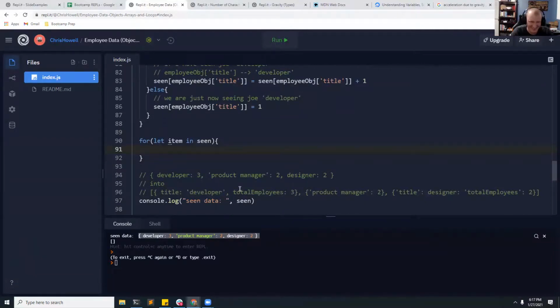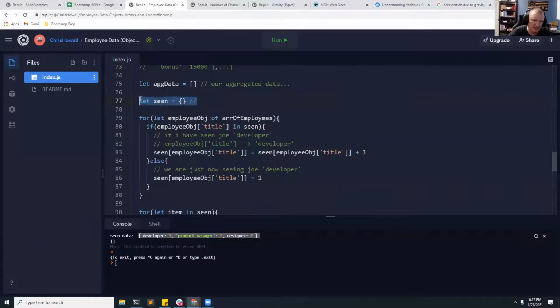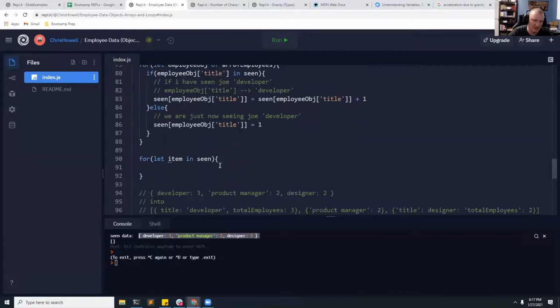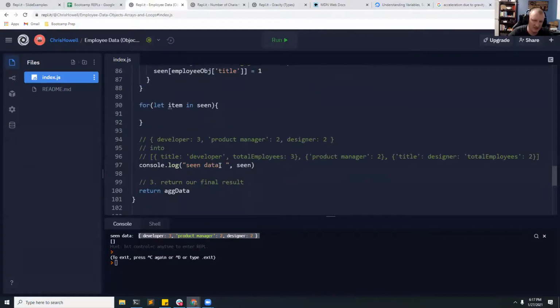So just like I created this object and had to store it outside, I shouldn't have to do the same thing here for this loop because I have access to both values. I don't have to aggregate or count anything. I literally just need to translate my current values, map them to new keys. I basically want title. I don't have to do that. That's me